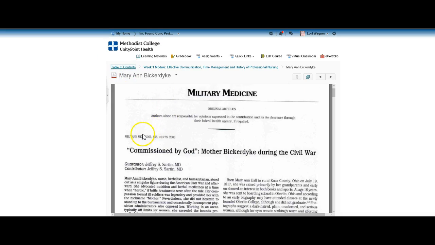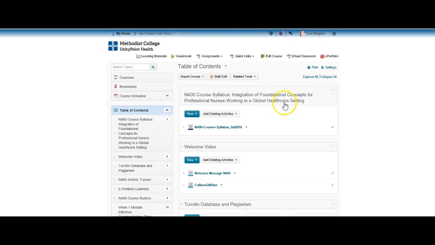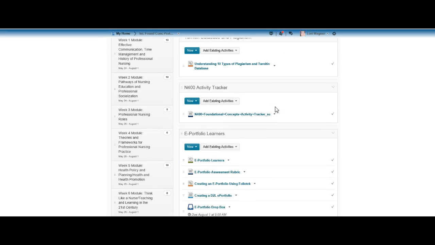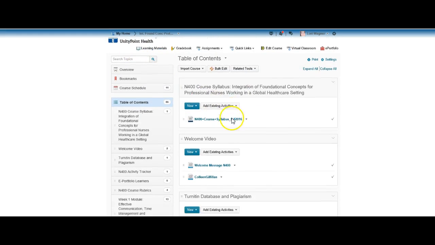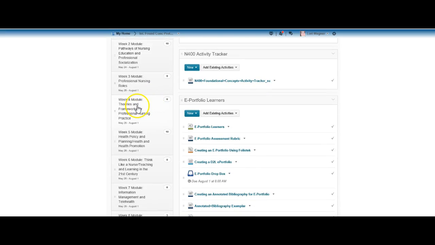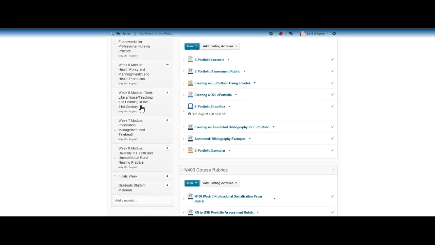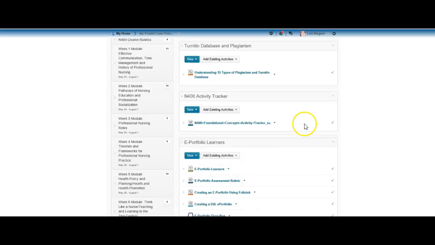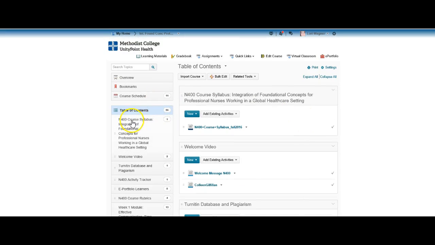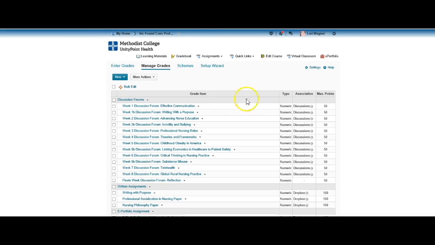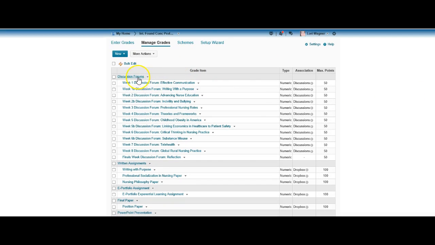And then we can go back to Table of Contents. So you can see the different things here. This is through, again, the learning materials. It's going to look a little different for you because, of course, I'm the instructor in this class. So as you can see, we had 8 modules and then a finals week, and then it would be very similar again for you. In the grade book, you will see a list of assignments. So it's typically broken down with discussion forums, written assignments, ePortfolio assignment, final paper, PowerPoint presentation, and a couple of